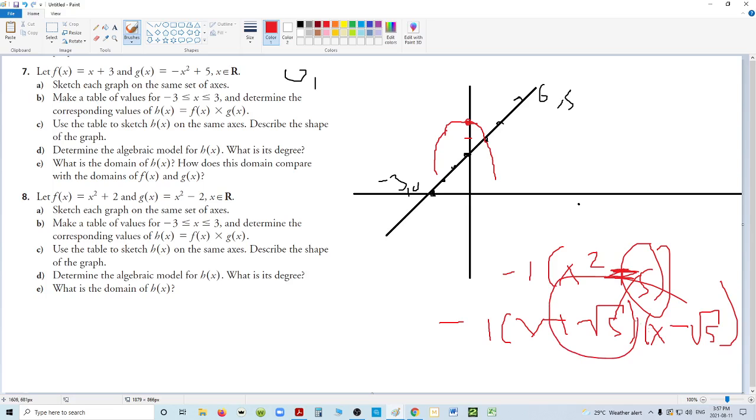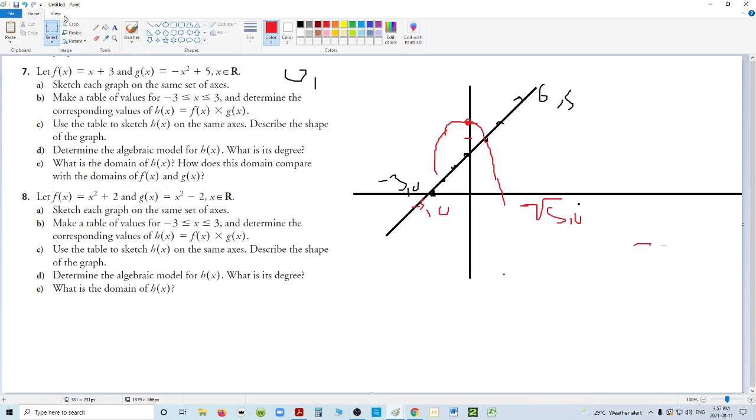So that means that's going to be the roots, which means it's going to go through 0, comma square root of 5, or sorry, square root of 5, comma 0, and negative square root of 5, comma 0. But you don't get accurate values for that, so the best thing you can do is make a chart for this. And since they want minus 3 all the way up to positive 3, you might as well take x values of